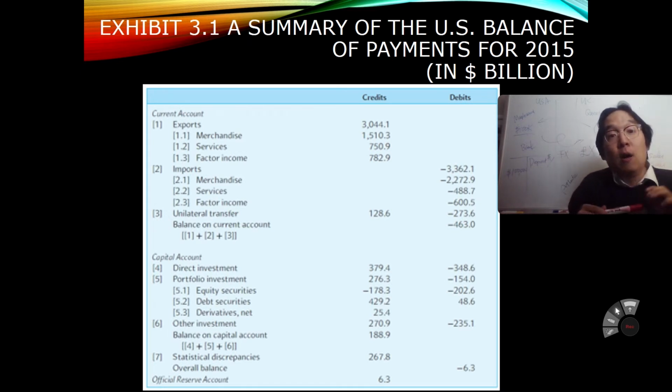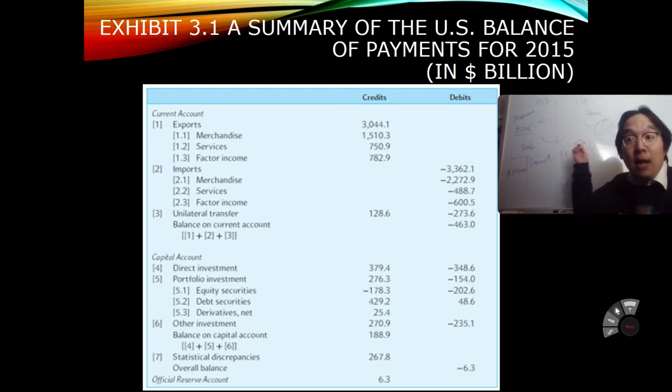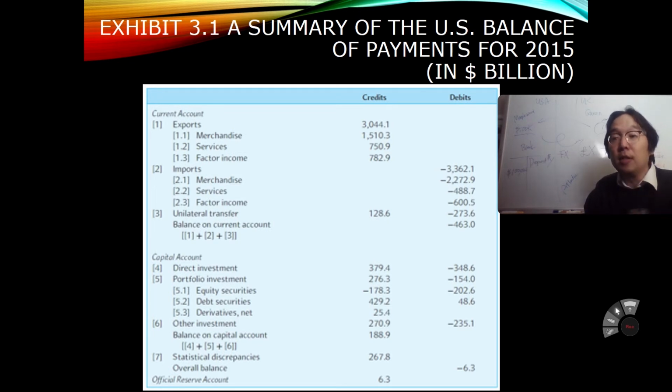And among those imports and exports, what kinds do you have, right? Merchandise, import and export, this bicycle case, right? And then services, what is that? Well, consulting business kinds of things, right? And then factor income, what are those? Well, this is related to your foreign direct investments or portfolio investments, I should say, right? In your capital account, okay? What is this about?